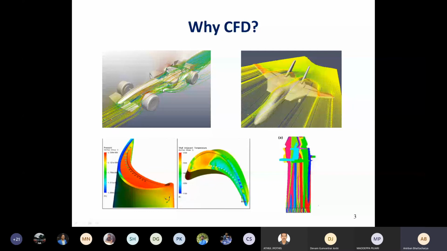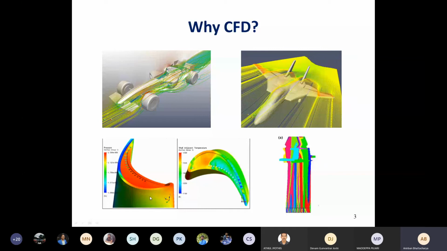Similarly, for other applications, aerospace applications, aircraft and rockets, rocket propulsion, both from the point of view of aerodynamics as well as combustion, which occurs in gas turbines or rocket engines, both need to be studied using CFD. Experiments are still done, but by using CFD, we reduce the number of experiments. So instead of having to do 20 experiments, using CFD we can locate the 3 best designs and perform the experiments for those 3 designs, so that we can reduce the cost drastically.